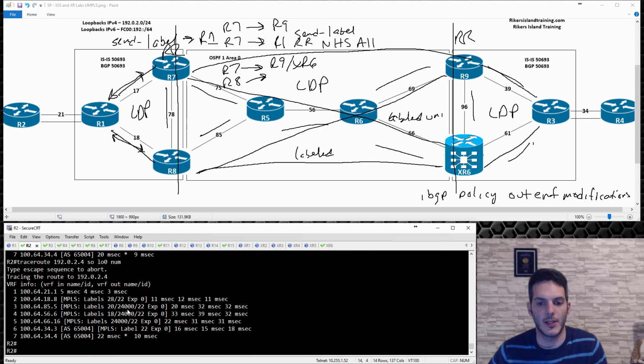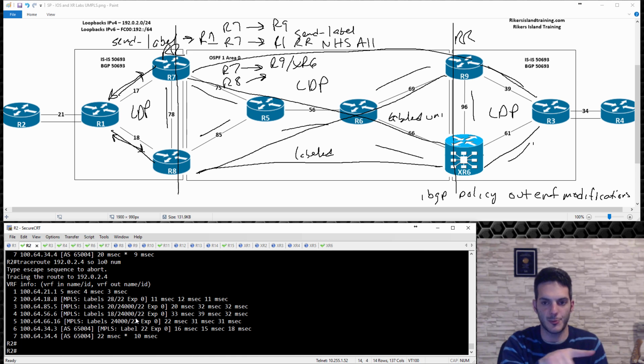There's been some debate, and documentation is not clear, so I'm interpreting what I'm reading and trying to make the best of it, where you have VPN labels always on the bottom. The one that never changes is always the VPN label. Unless you're changing label switch paths, like you would be in an inter-AS option B, that's a different situation. That would be a different VPN label, because it's 3 different